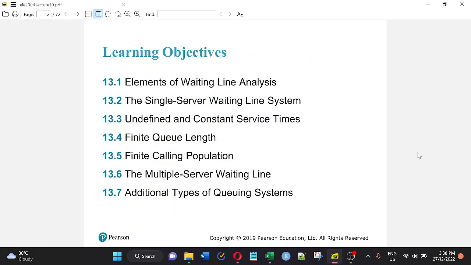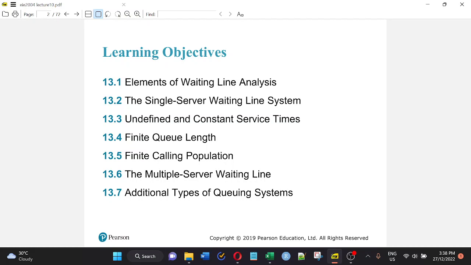Okay, so we are going to talk about a few waiting line systems. The first one is the single server waiting line system, and then we also have undefined service time and constant service time. They are related, but there are differences between the two of them. And we have finite queue length and finite calling population, and we have a multiple server waiting line. We are also going to discuss some additional types of queuing systems, but the main systems are from 13.2